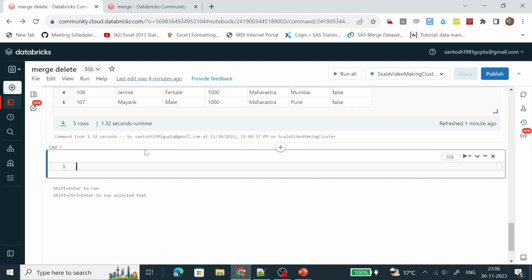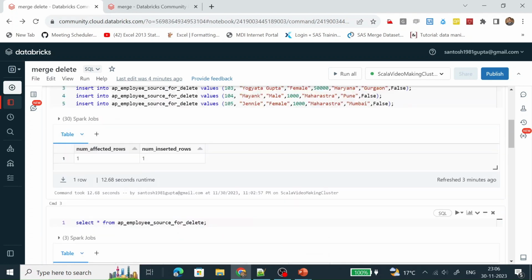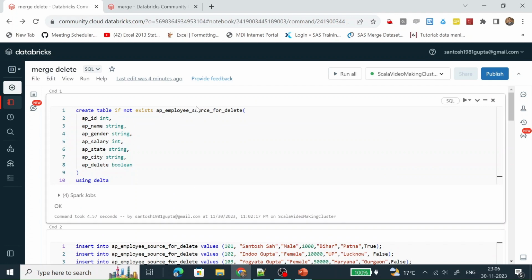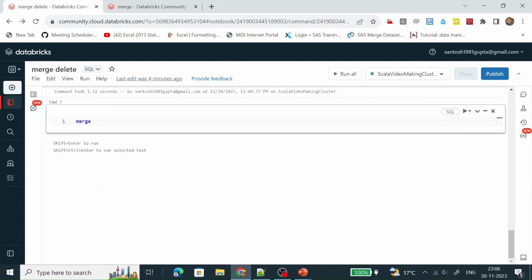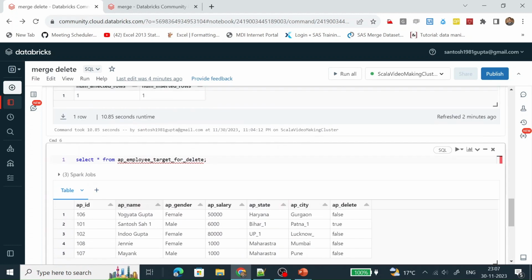I'm writing a merge statement. Merge, which table are we going to merge into? We are going to merge into this source table, using this target table.